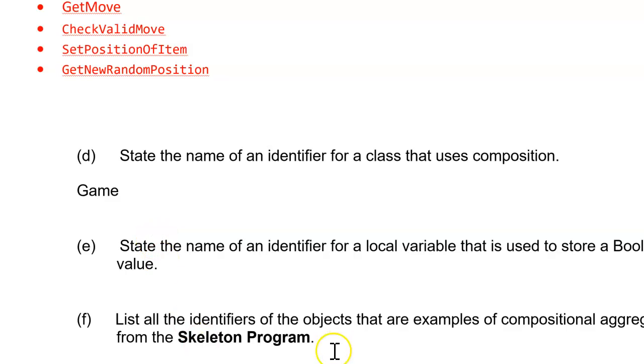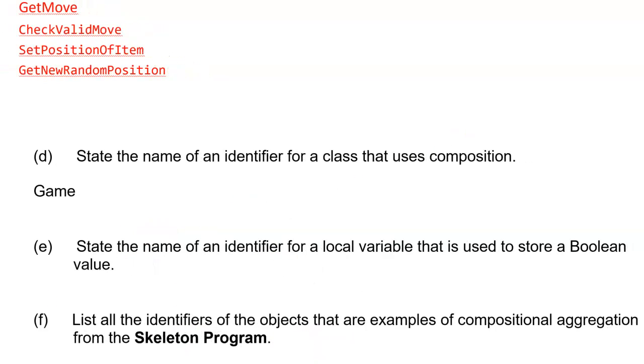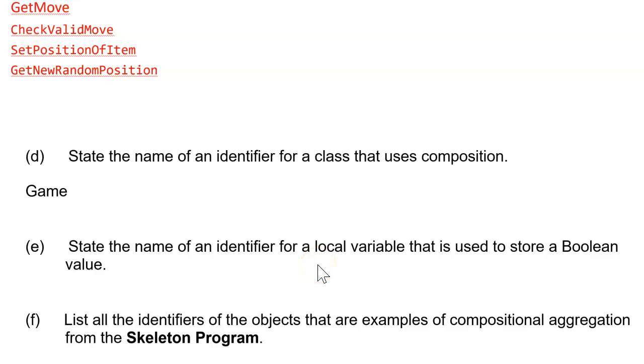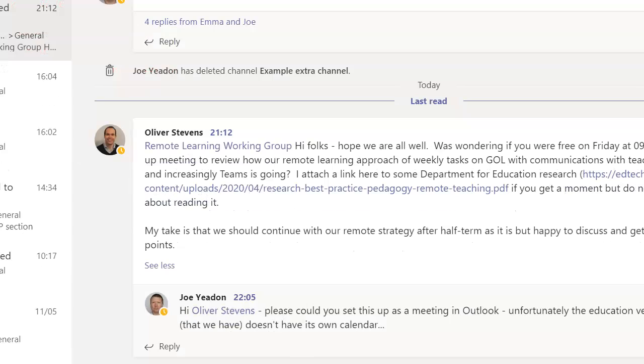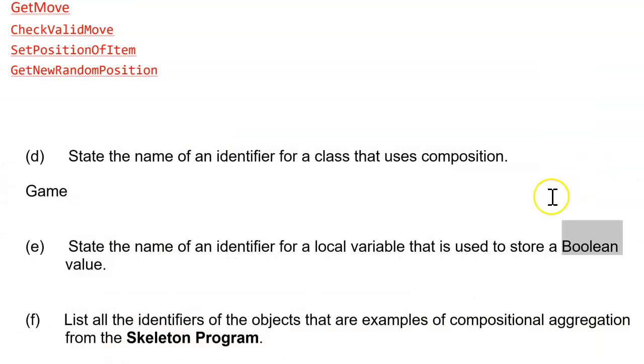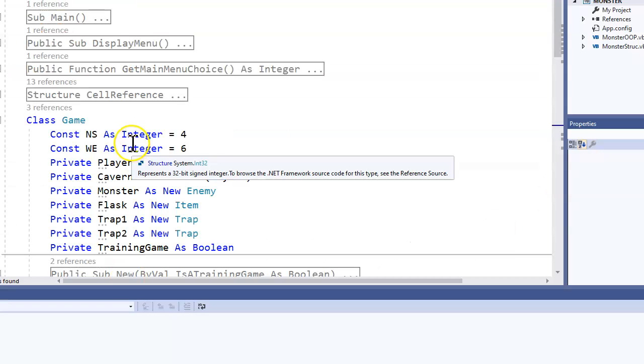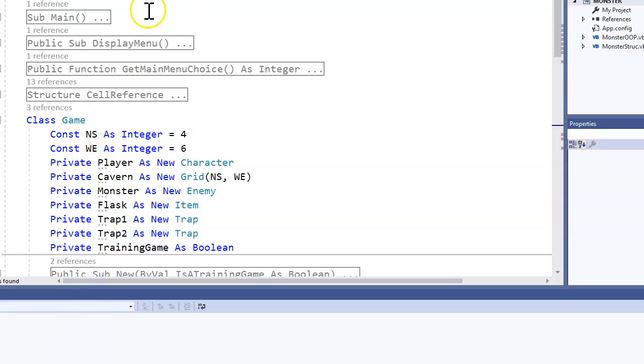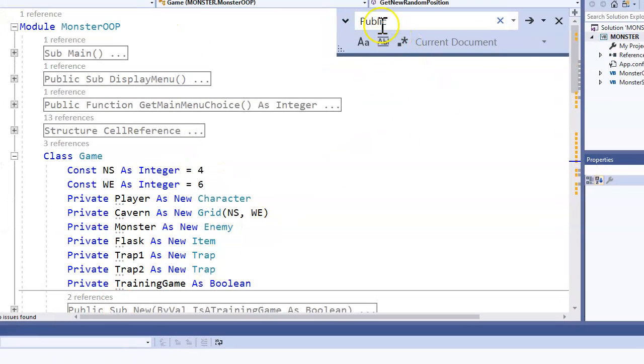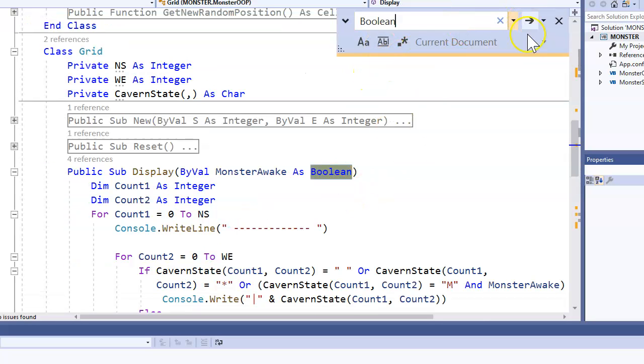State the name of an identifier. Let's move this across. State the name of an identifier for a local variable that's used to store a Boolean value. Well, this is not even OOP now. All I would do for this is whiz through to the code, and personally I would go Control F, so that I'm looking to search Bool,